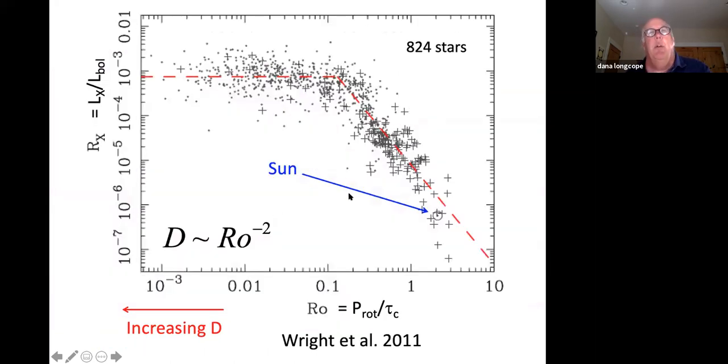Here's another plot with a lot more data points, 824 stars. And here what we're plotting, this is much more familiar to a solar physicist, is just the X-ray luminosity: how bright is this star in X-rays divided by how bright it is in all wavelengths, the bolometric luminosity. And you'll see the X-rays are well under 1% of all the brightness, maybe 0.1%,